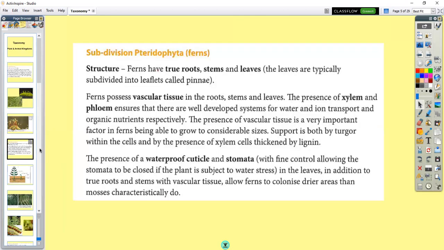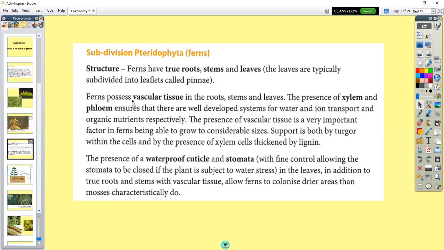Okay, the next division is then looking at pteridophytes or ferns, which are a bit more complex in their structure and a bit later on in terms of evolution. So they do have true roots, they do have stems, and they do have leaves. Okay, so they also possess those vascular tissues like xylem and phloem, so they can use their xylem for the